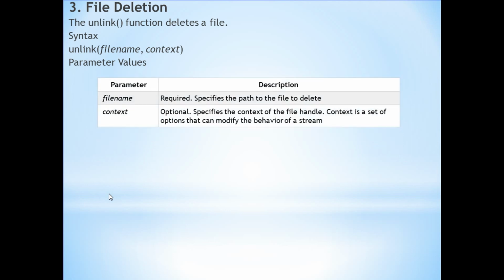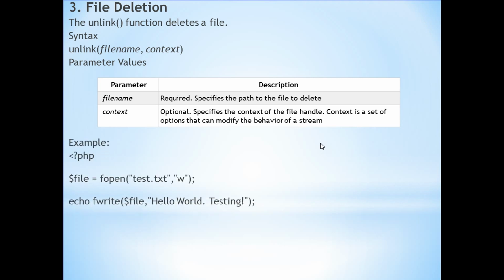Parameter values you have to pass: file name, which is required, specifies the path to the file to delete, and context is optional. If you want, you write it, otherwise it is not required. It specifies the context of the file handle. Context is a set of options that can modify the behavior of a stream.